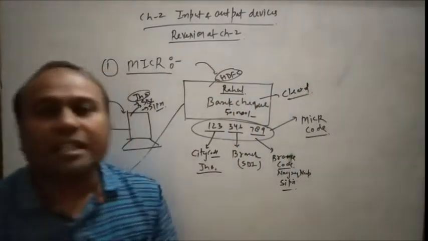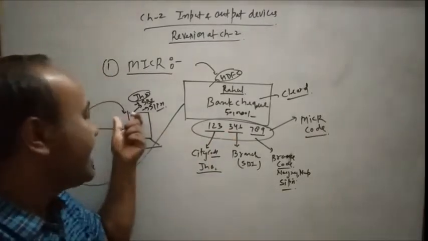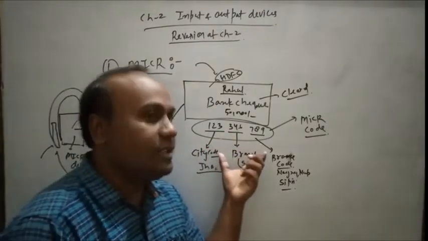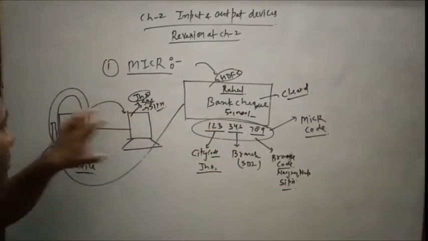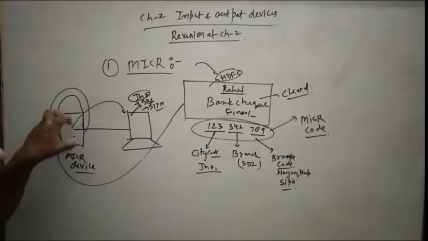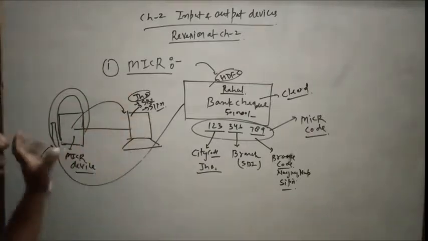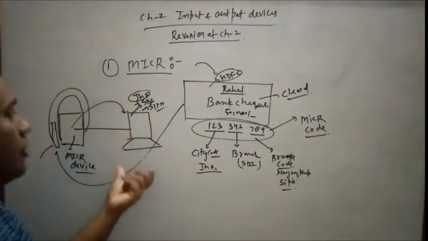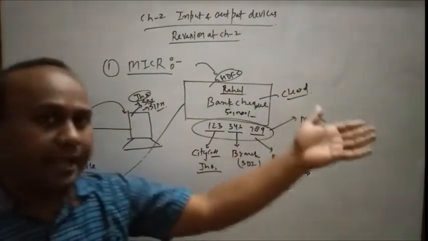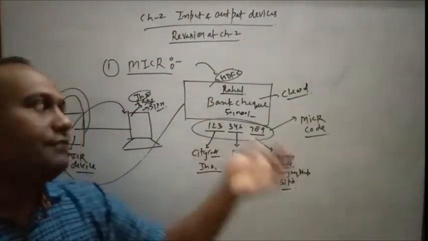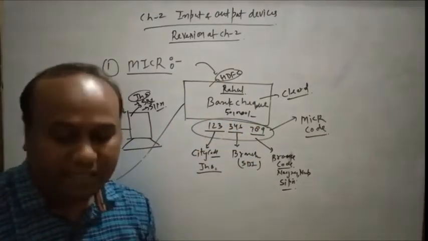So a simple line answer for how the MICR device will work: MICR means magnetic ink character recognition. It has some lines of codes. With the help of these lines of codes, the MICR device identifies which bank, branch and other details, and after that it keeps each and every piece of information in the system, and digitally this information is sent to the particular bank. After that the bank clears this information, and then the check will clear. I think it is clear now.